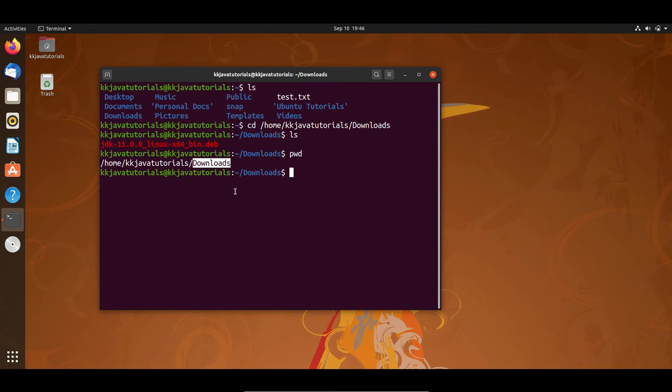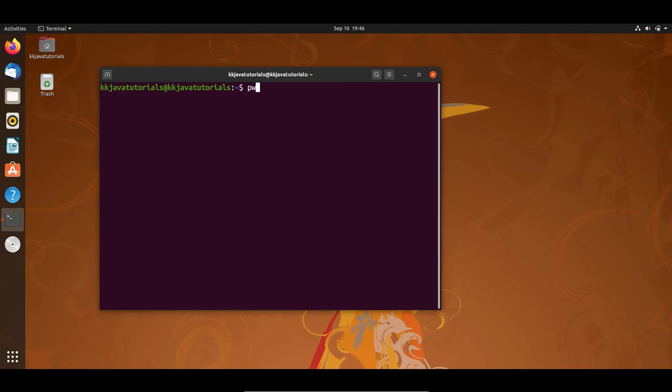Now let's talk about what the relative path is. The relative path comes in handy when you have to browse another subdirectory within the given directory. It saves you the effort of typing the complete path all the time. Suppose you are currently in the home directory. Let me move into the home directory. So I am typing cd and the tilde sign. Again I will reach the home directory. Let me clear the terminal, and if I do pwd, here you can see again I'm in the home directory. Let me clear the terminal.